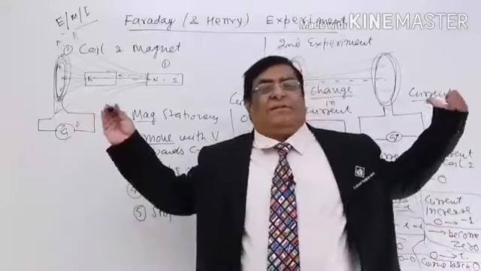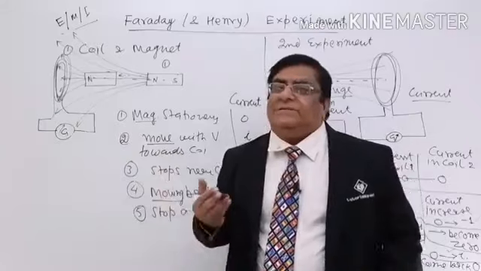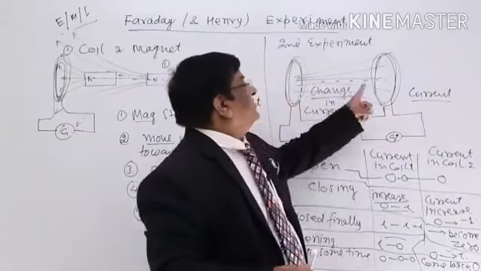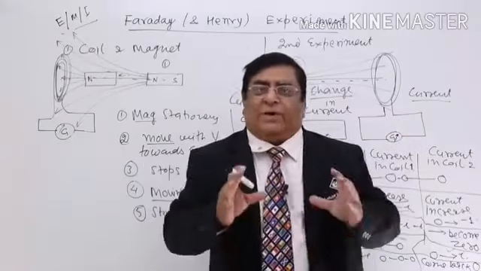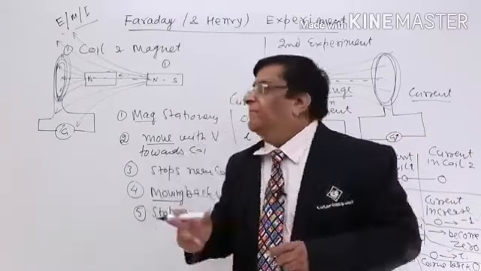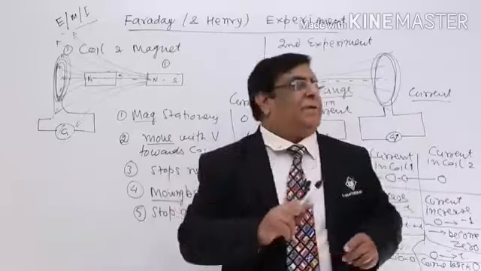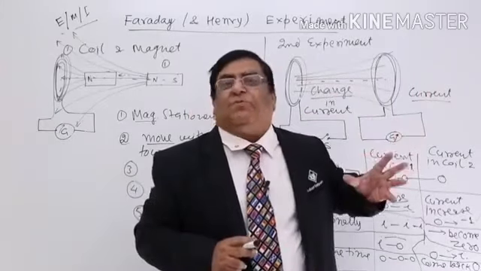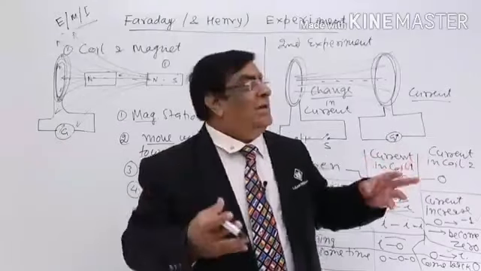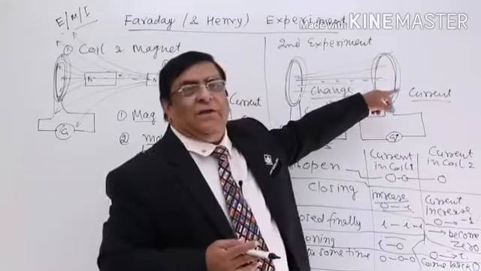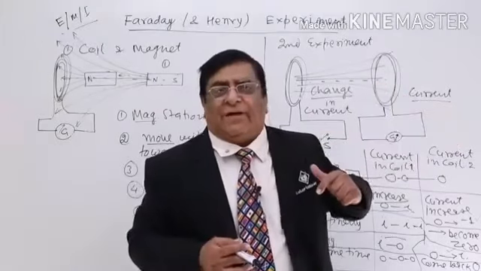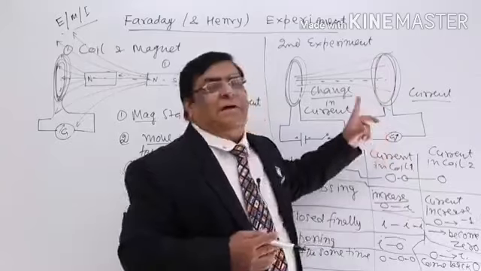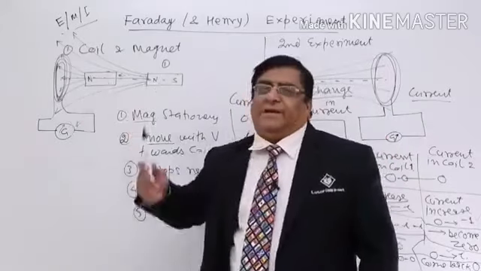So, what is common in these two? The answer is the same thing: magnetic flux change, current is there; magnetic flux change, current is there. Whether we create this magnetic field with a bar magnet or with the help of a current carrying coil, in both cases what are we creating? Magnetic field, and when that links with a coil, it converts into magnetic flux, and when there is a change in the magnetic flux, there will be a current in this, there will be a current in this.